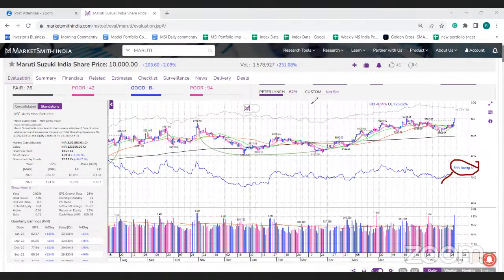So that is the reason we are not adding all the breakouts, or we are not aggressive while adding, because of the overall market structure, the increasing distribution day count, and the market being below 50 DMA, that is, Nifty below 50 DMA. But if there are good stocks with good ratings and very strong breakouts, then we can consider them. Maruti's ratings are not looking good, that is the reason we stayed away. This stock has good support at 100 DMA, so that level can be kept as a stop loss going forward.